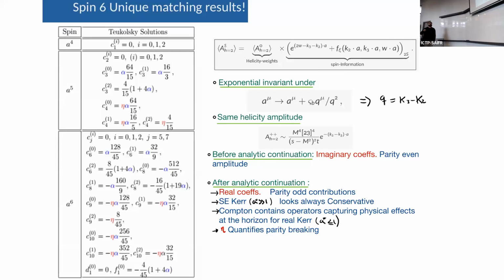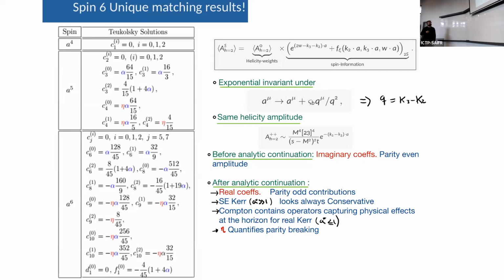Something that you see is that once you put the value of this coefficient in your answer, the shift symmetry, the symmetry that holds for this exponential by shifting the spin by this amount, is broken. As we were saying, this was a symmetry that was proposed just by observation, but it is just not there from the Teukolsky computation.